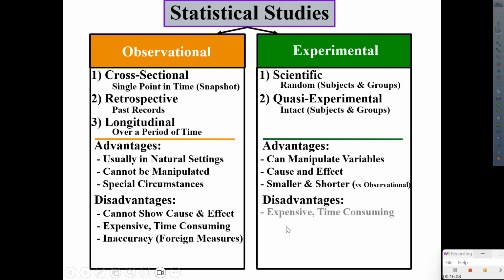Disadvantages. They are expensive at times and also time consuming. They are usually not in natural settings. So in order for you to do an experiment, and I'm pretty sure some of you that got into chemistry have labs that you do within the class to see if it works or not. That's why it has to be within a controlled setting. However, there's also unethical practices. There are things that happen that shouldn't happen, and many times it has to do with human error.